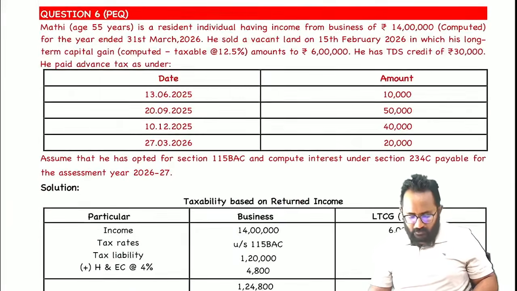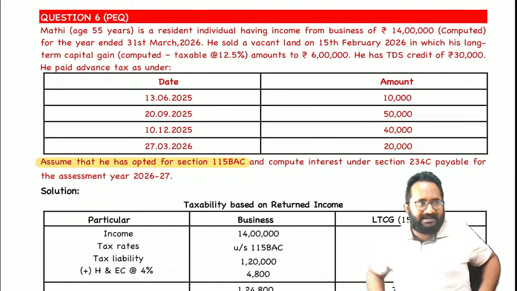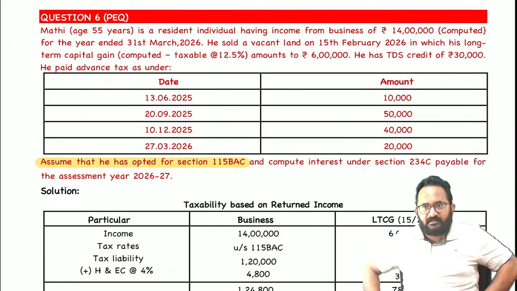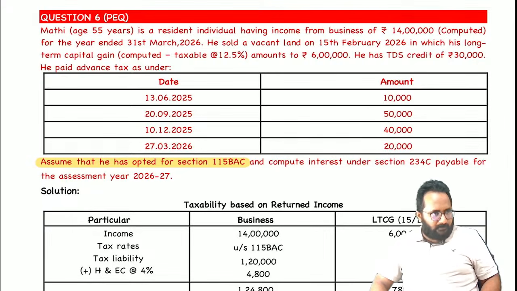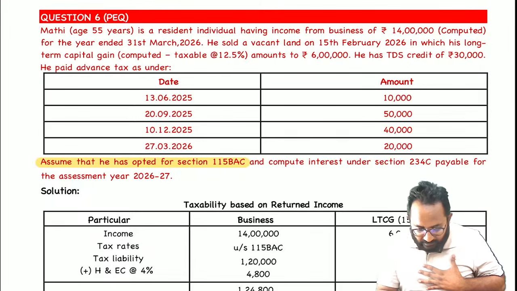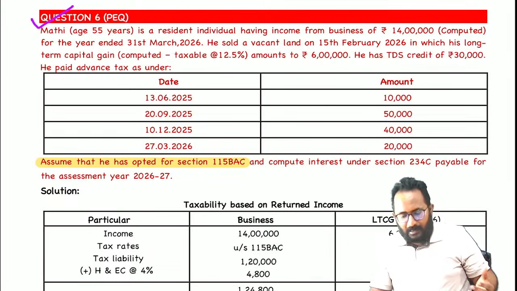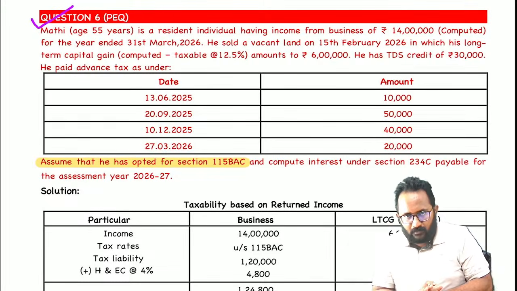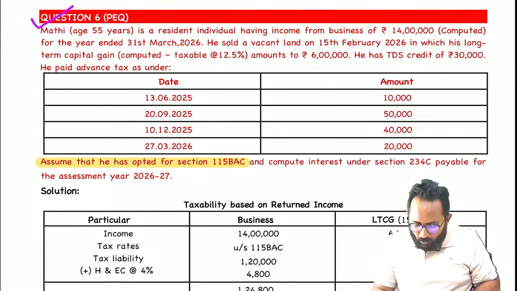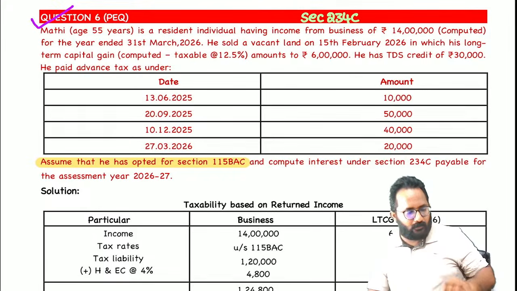Now I will discuss question number 6. In this, by mistake we took the old 115BAC rates. I didn't change the solution. Now we can change the solution and solve this. Shall we? Yes, question number 6. Why did I take this question? I will tell you. This is somewhat important, and in this some twists are there. The remaining questions are basic questions. Now I will solve this section 234C question in and out. On paper, we'll try to compute it.